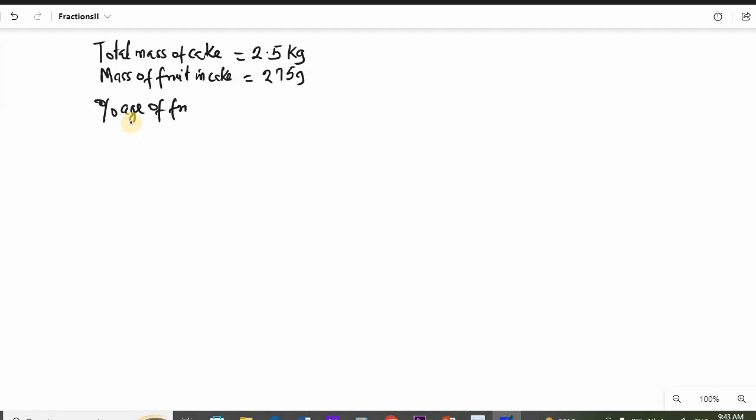So we have that total mass of cake is 2.5 kilograms, and mass of fruit in cake is 275 grams. Okay, so remember, the question says what percentage of fruit is in the cake. Okay, so remember we have to express both quantities in the same unit. Okay, so